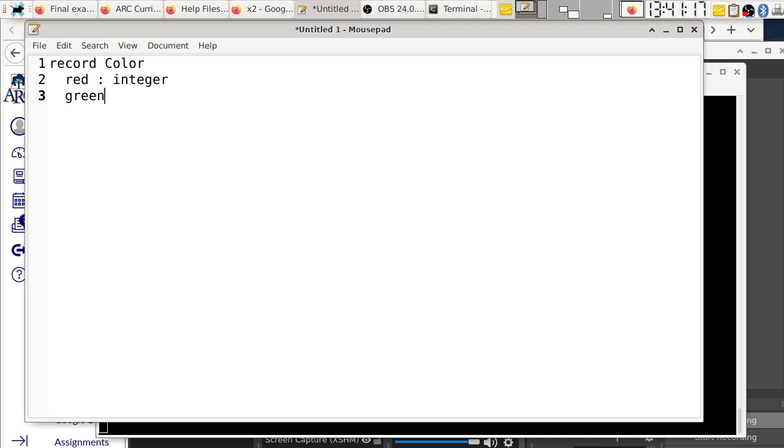RGB: R is red, G is green, and B is blue. So very typically, this is how we represent a color on a computer, which is in terms of red, green, and blue components. If you look very closely at any type of monitor, if you use a loupe or a magnifying glass to